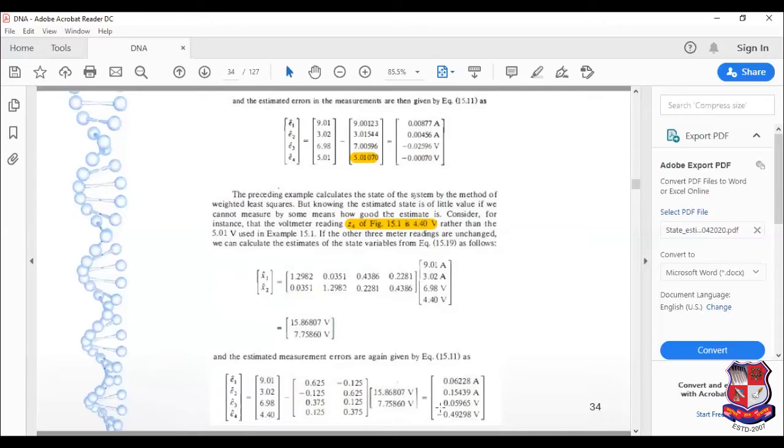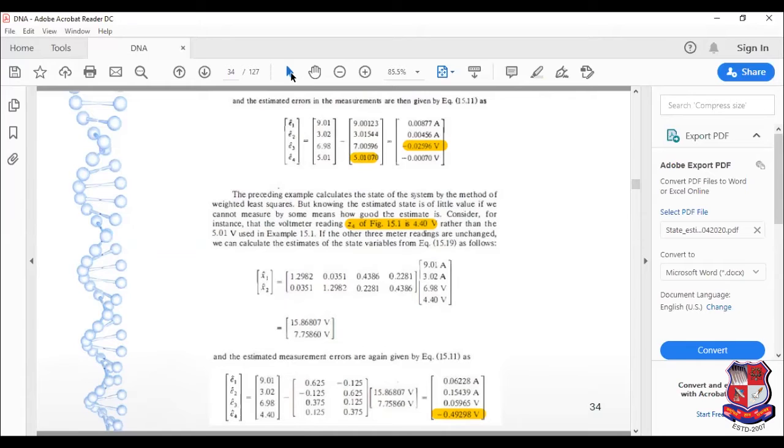And now my error will also be increased. So after changing this fourth variable only, now my error will be increased to that much larger value. Previously it was only the highest value of error, that is this much. Now my value is very high. So as we vary any number of measurements, accordingly our state estimated value or error will increase or decrease.